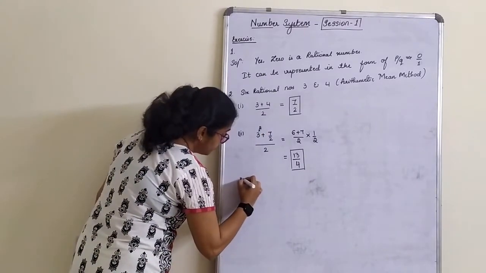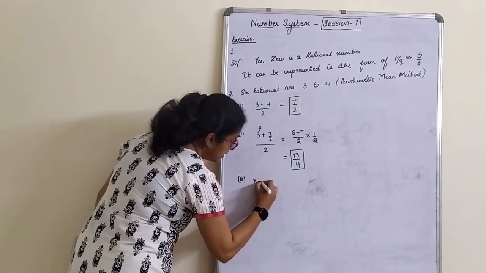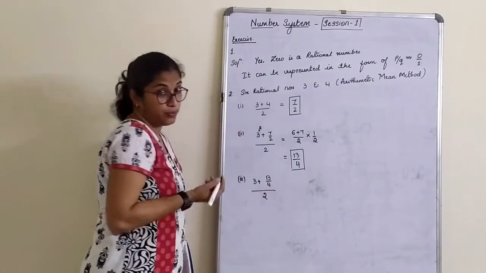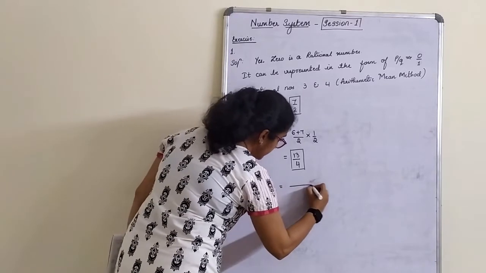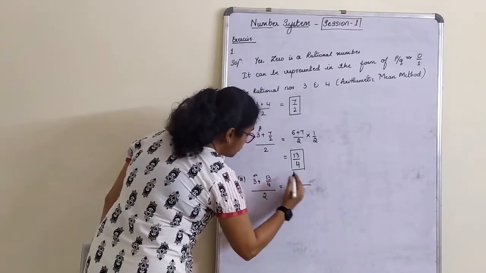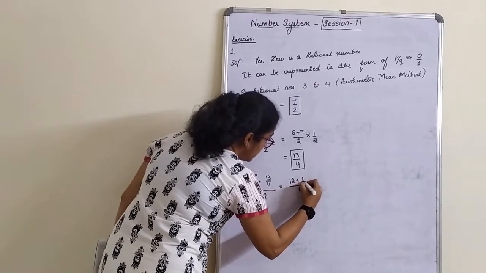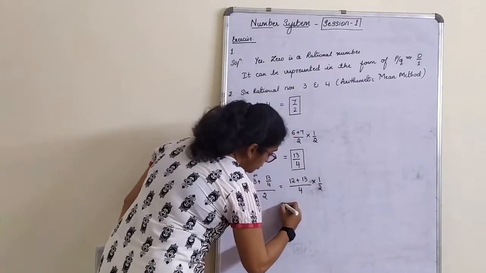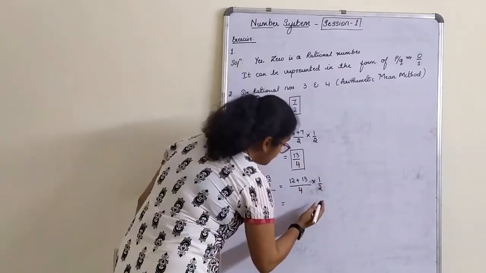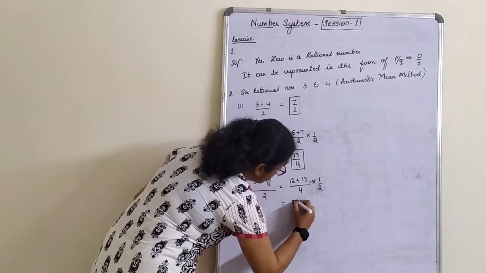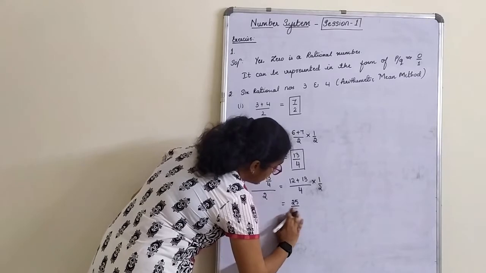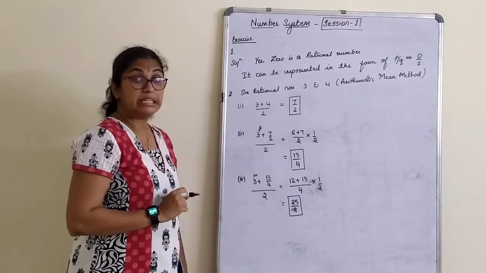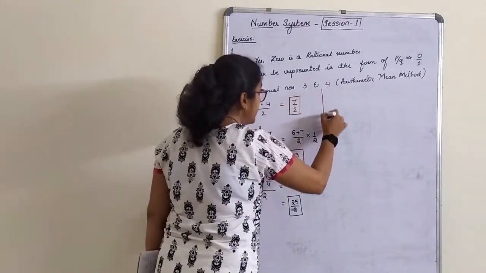Now, third step. What do I have to do? 3 plus 13 by 4, divided by 2. Again mean. So take LCM here. LCM is 4 into 4. 4 3s are 12. 12 plus 13, into this 2 will become reciprocal 1 by 2. So the answer is 12 plus 13, 25 by 4 2s are 8. How many numbers are over? 3 numbers are over. Okay, we'll do the remaining 3 this side.